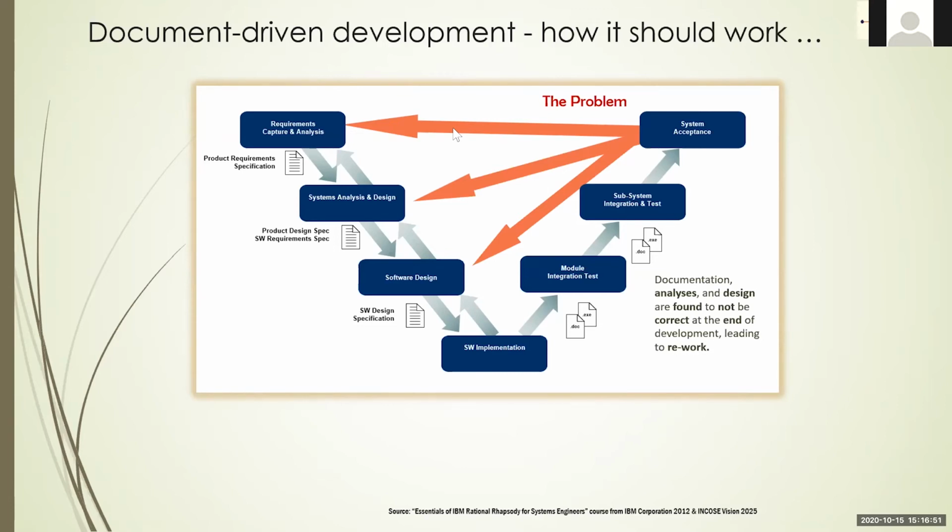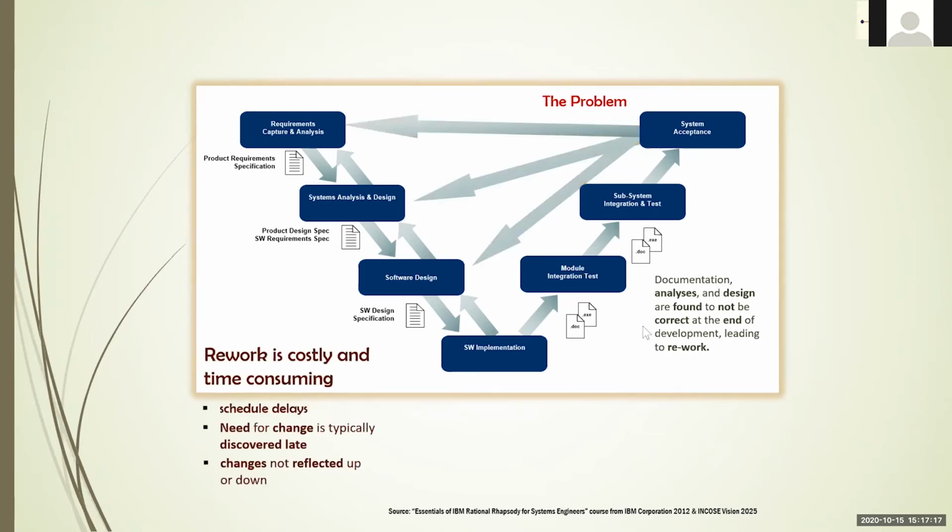Either they are incomplete, maybe they are inconsistent, or even worse, we only collected the wishes of the customer and we didn't address the needs. So the system that we are building is not solving any problem. It's just good intentions and ideas that our customer has. So at the end, what's going to happen?